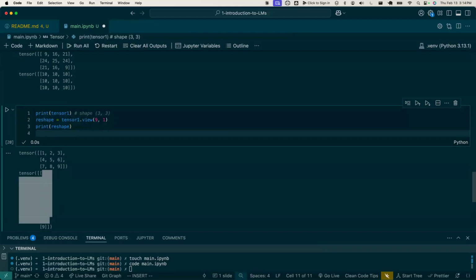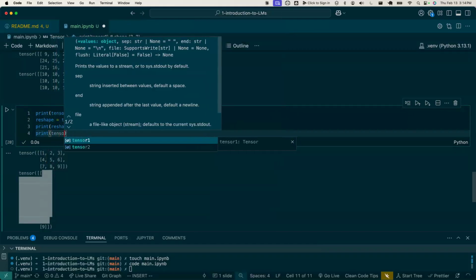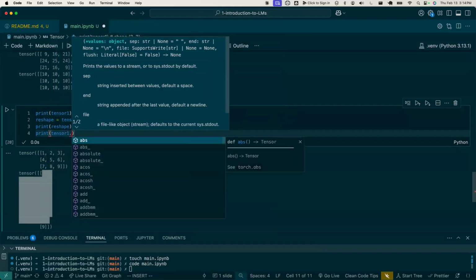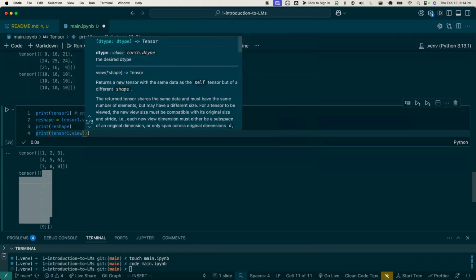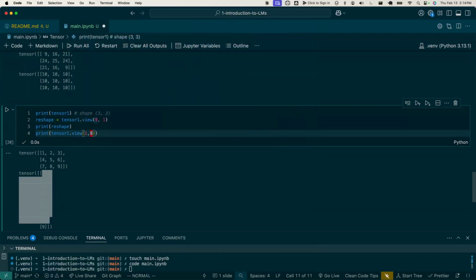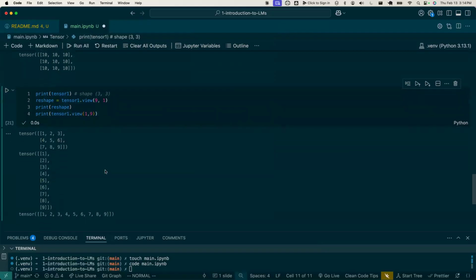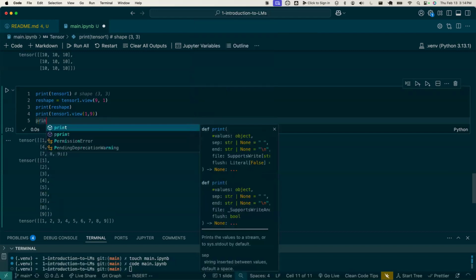We could also reshape it using a view to look like this, where it's just one row of 9 things. Right? And so again, this is all this manipulation of the matrices that the tensor does for us. And the original tensor is unchanged,